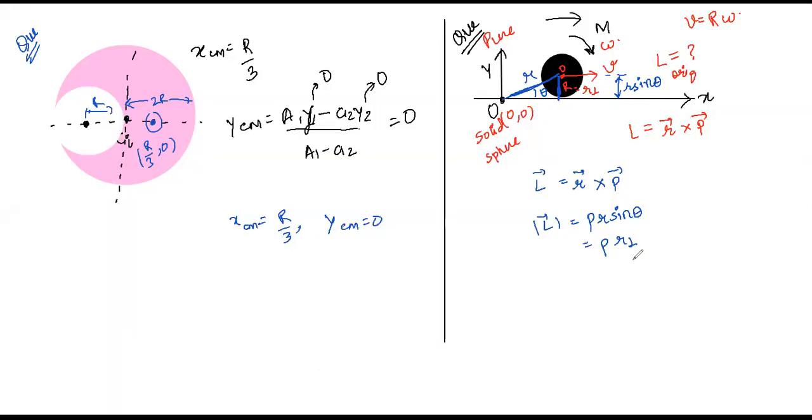So there is one more formula. This was when the body had just linear momentum p. But the body is also rotating, right? So there will be some change in this. Whenever the body is rotating, what is the value of L? I omega. Yes or no? Yes, sir. I omega.